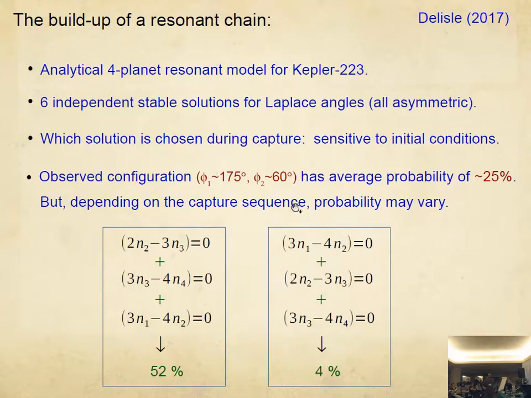On the other hand, if you have an in-out capture process, so first you capture the first 2 bodies, then the third, then the fourth, the probability of attaining the observed solution falls to about 4%. There's a big difference. And the most interesting part is that this type of in-out capture is what you would more or less expect in an in-situ formation. So this is a bit of evidence showing that perhaps this system is favored by, I don't know if long scale, but at least significant scale planetary migration.